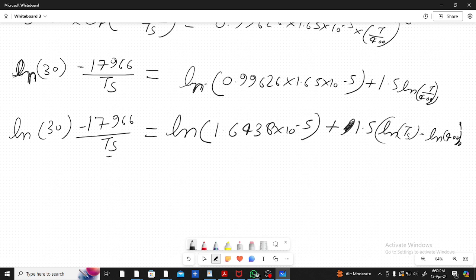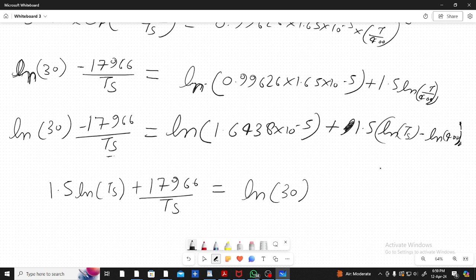What we can do is 1.5 ln ts plus 7966 upon ts is equal to... basically I am bringing this term to this side, 1.5 ln ts plus 7966 upon ts, and the remaining terms to the other side, so it will be ln